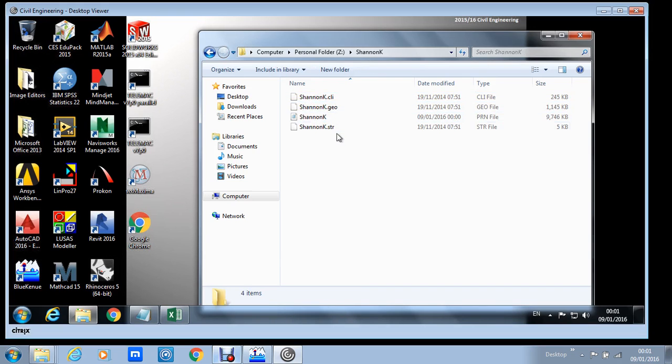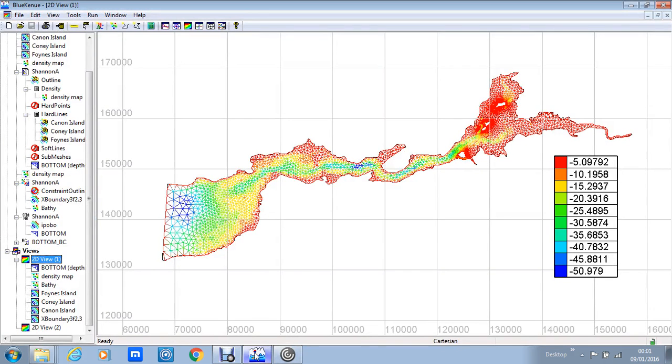If I click in here, you see that it just needs 4 files to actually run the Telemac simulation. The first file I look at is called shannonk.go. This is the file that contains the information for the mesh for the simulation. If I click here on the Blue Kenue package, we'll actually see the mesh that's stored in this